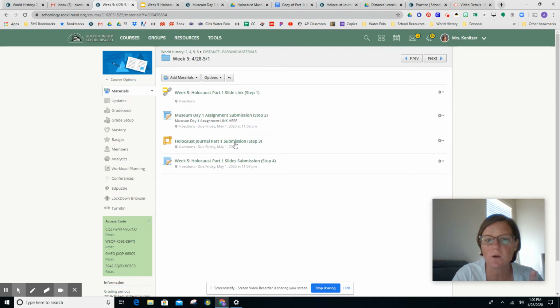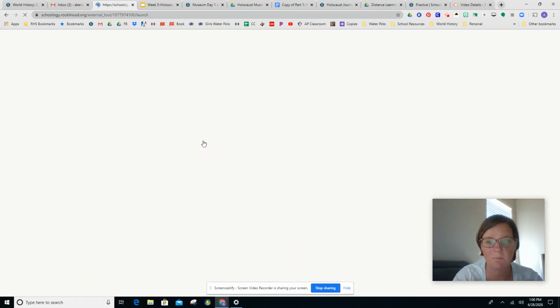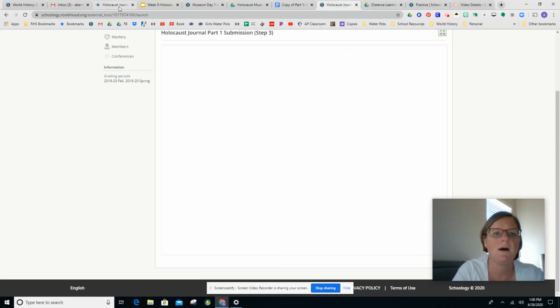This is where you are going to submit it. Holocaust Journal Part 1 submission. Click. It's going to be a little bit different than previous submissions, because this is going through Turnitin. This is making sure that you guys are not sharing the same document with each other and then just submitting it. Because what it does is it basically takes,